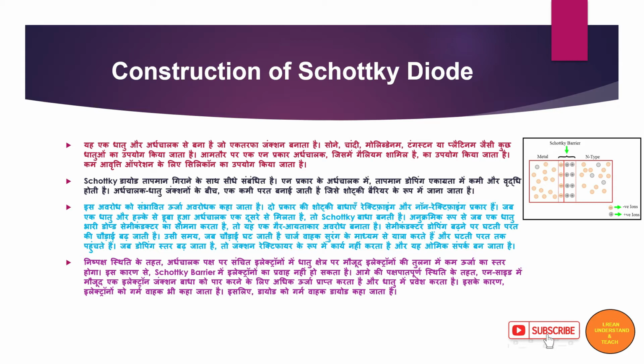Schottky diode is related directly with temperature and doping. In N-type semiconductor, decrease and increase of temperature affects the doping concentration. Between the semiconductor and metal junction, a depletion layer is formed known as a Schottky barrier. The barrier is called a potential energy barrier. The two types of Schottky barriers are rectifying and non-rectifying type.